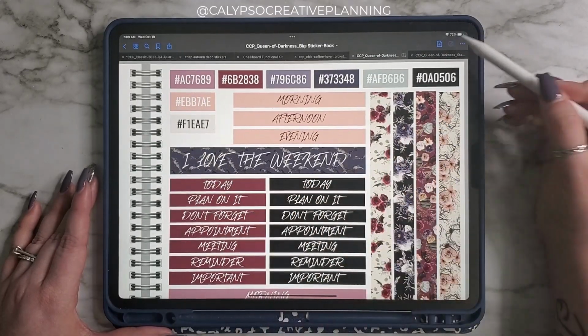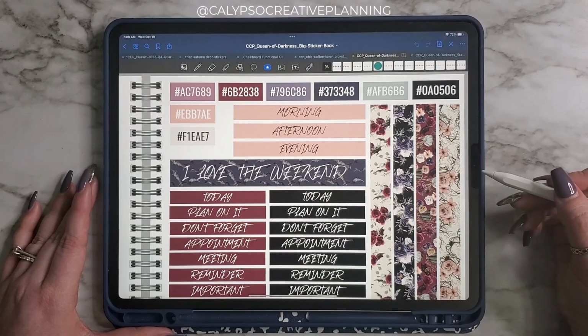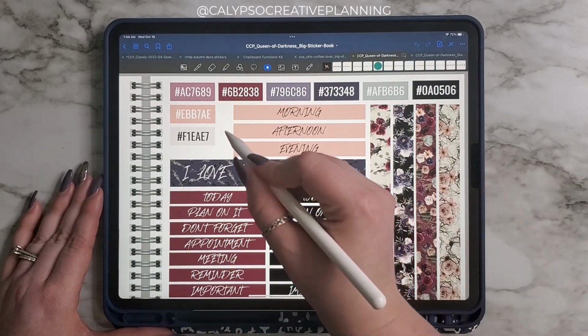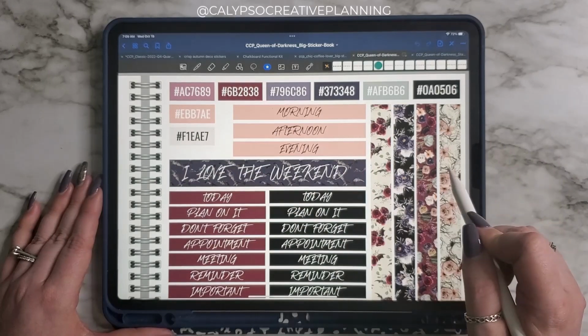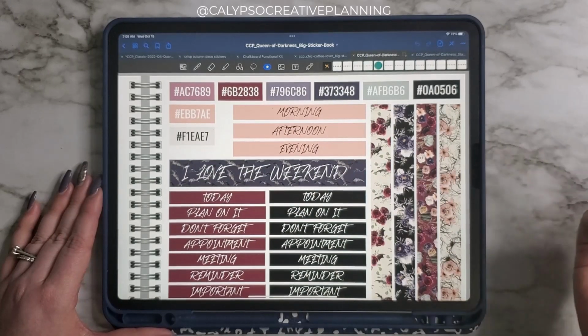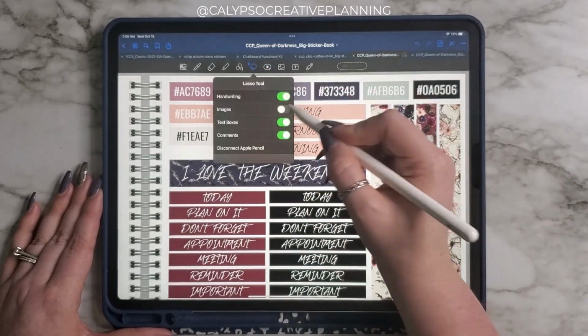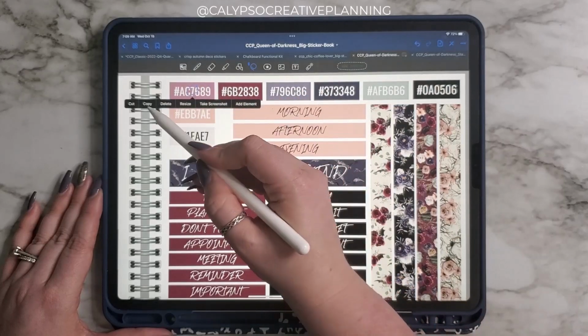Now look, I'm going to tell you a trick. If you don't want to memorize the number, because by the time you say the number in your head and you get to Procreate, you're like, nah, I have no idea what that number was, then you can always do this. You can say copy